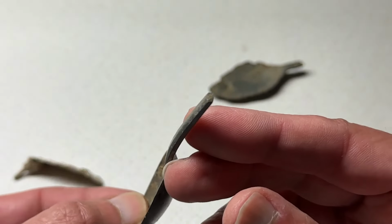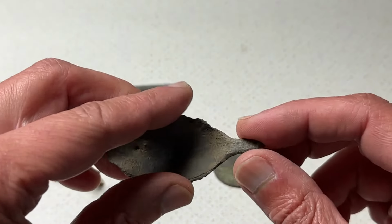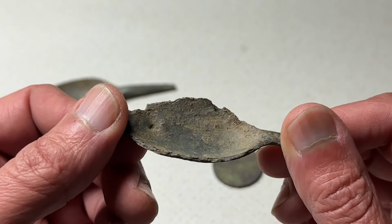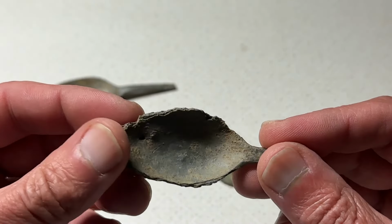More for my collection of the cutlery. I think this is quite new. Well, missing the other part. And this looks quite an old spoon. You see there, it's quite destroyed already. Well, maybe for soups or